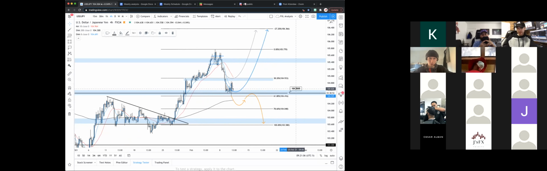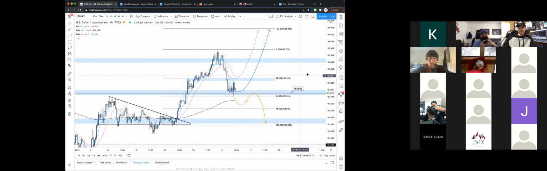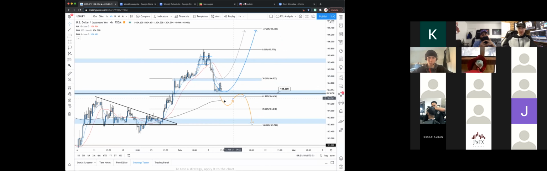But as of right now, this is a level of structure, right? This is a 61.8. The 200 EMA is now down here. We are on the above side of it now, which is good. So now we're looking for maybe a little more consolidation, let these MAs catch up. Then I want to see just a confirmed higher low. Because again, if this doesn't confirm a higher low and give me a lower time frame transition, this is not